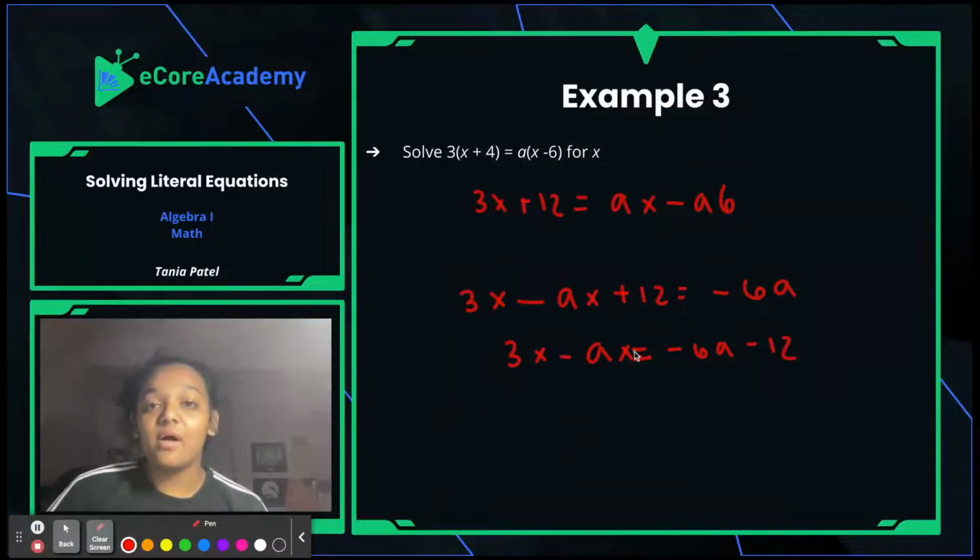All right, now that we have all of our x values on the left side, since there are coefficients attached to different x values, we need to get rid of those coefficients. We're going to start with the fact that we can pull out an x from this expression here. We can pull out an x from 3x minus ax. So when you pull that x out, we just get x times the quantity of 3 minus a equals,